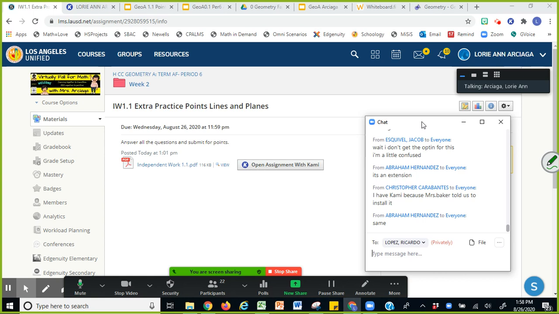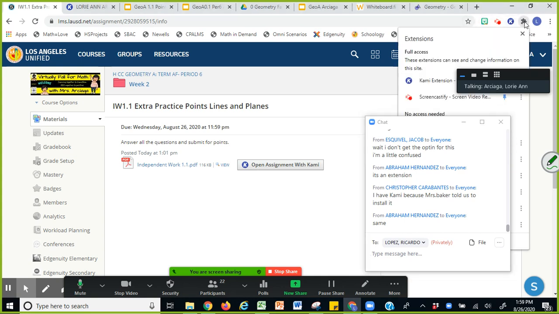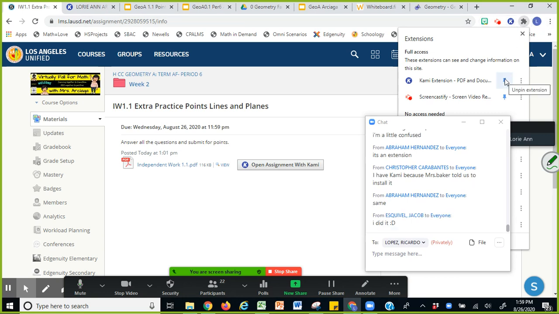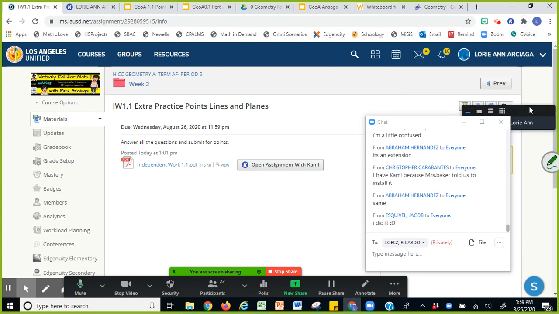So you have to install it as an extension to your Chrome, right? And if the link doesn't show here on top, you can click on this little extension button and make sure that you pin it. Maybe you have downloaded it, but it's not pinned to the top of the browser. So you can just pin it, and anytime you can access it.